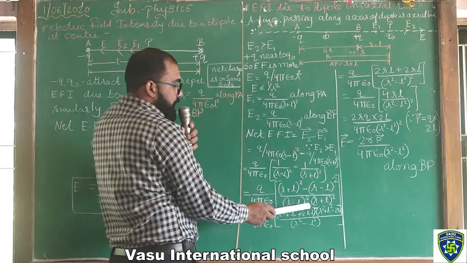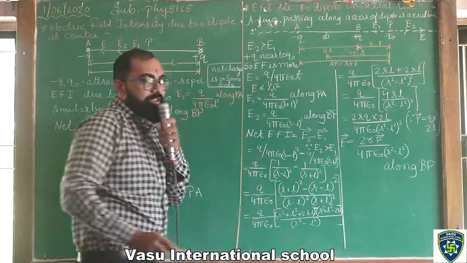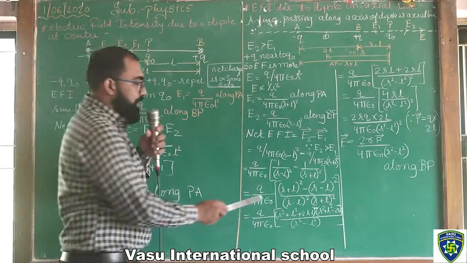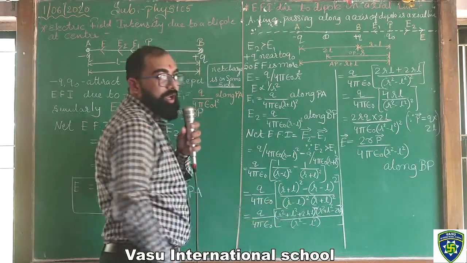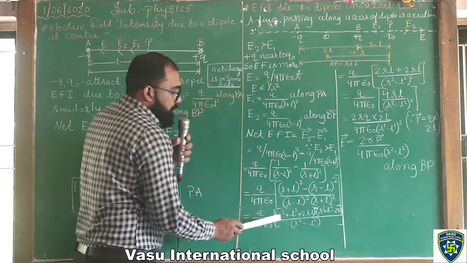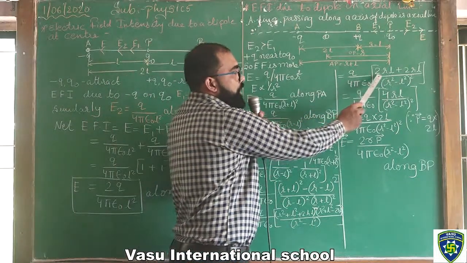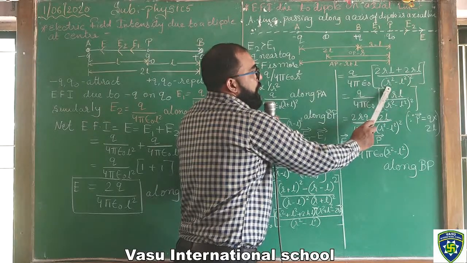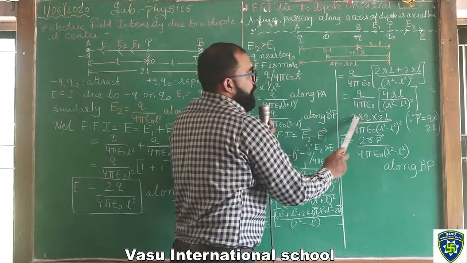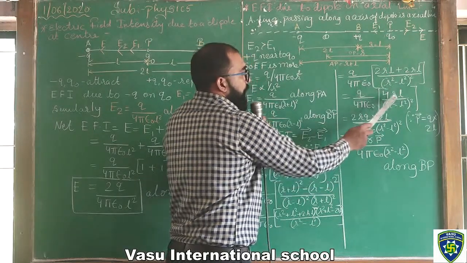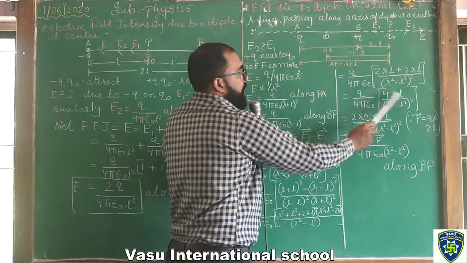Now (R minus L) square into (R plus L) square will be (R square minus L square) the whole square. Now (R plus L) the whole square, that is (a plus b) the whole square, is equal to R square plus L square plus 2RL, minus R square plus L square minus 2RL. So here R square and R square get cancelled. So we have the equation Q upon 4 pi epsilon 0, 2RL plus 2RL over R square minus L square, that is 4RL upon R square minus L square. So 2 into 2 is 4, R into Q into L, that is 4RLQ.